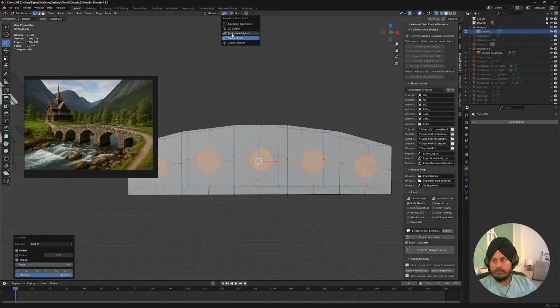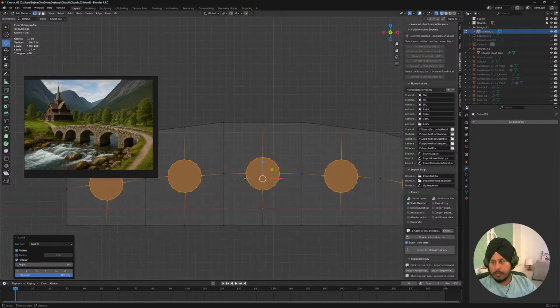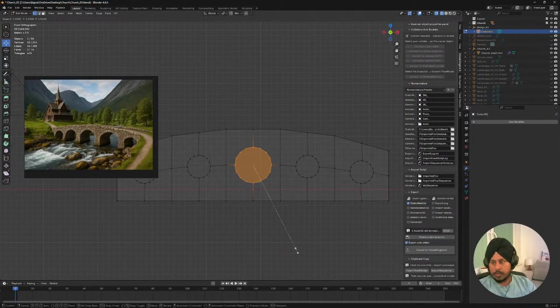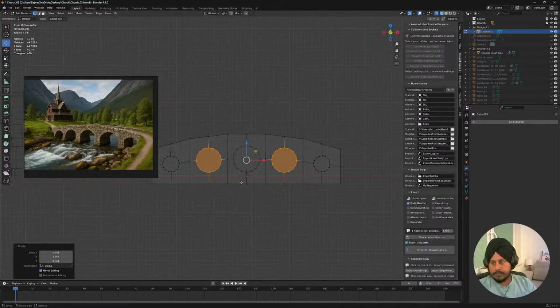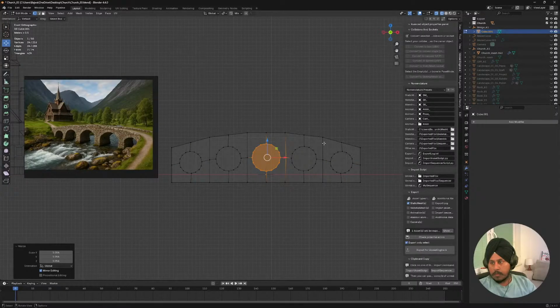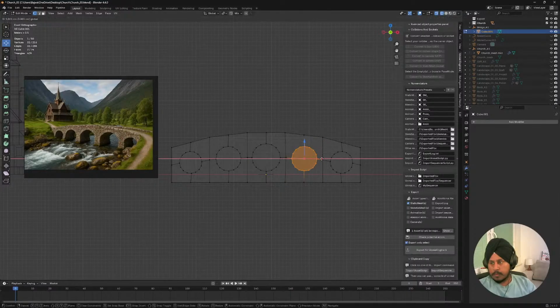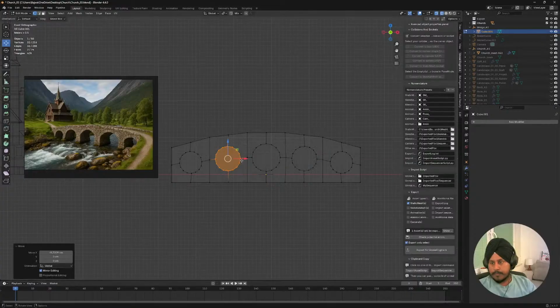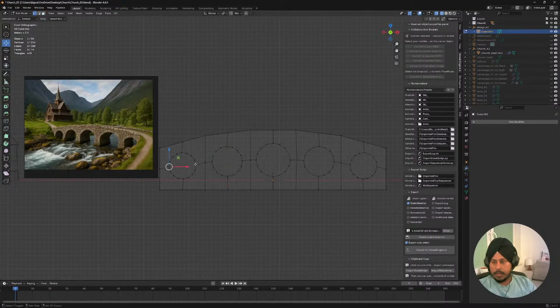And now individual origins, and I'm gonna scale. I'll go by shapes. So this one is the biggest one, right? And this one slightly smaller, slightly smaller. I can make it. And then we simply